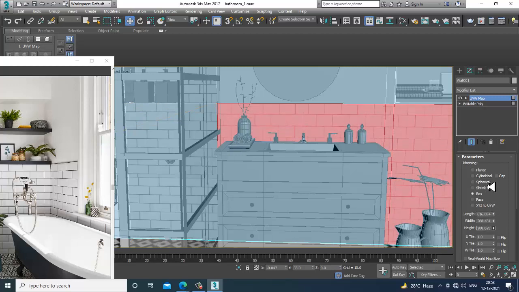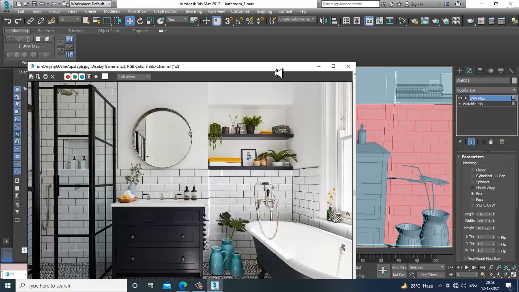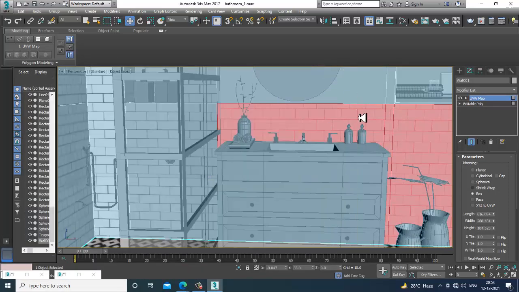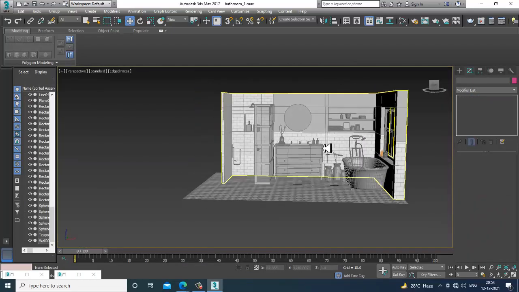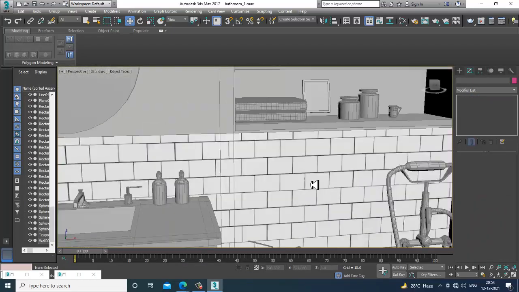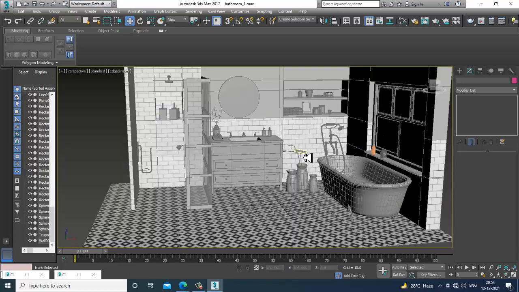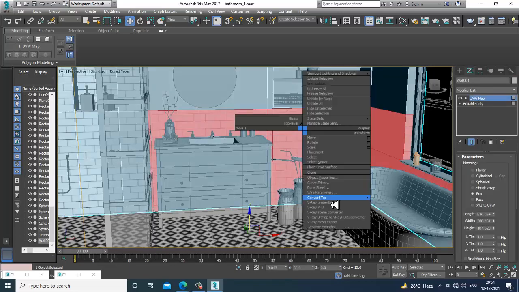I can increase the height of it and slightly shuffle it accordingly. Okay, looks much better now. If you zoom in, you can see that the texture is perfectly fitting over here.